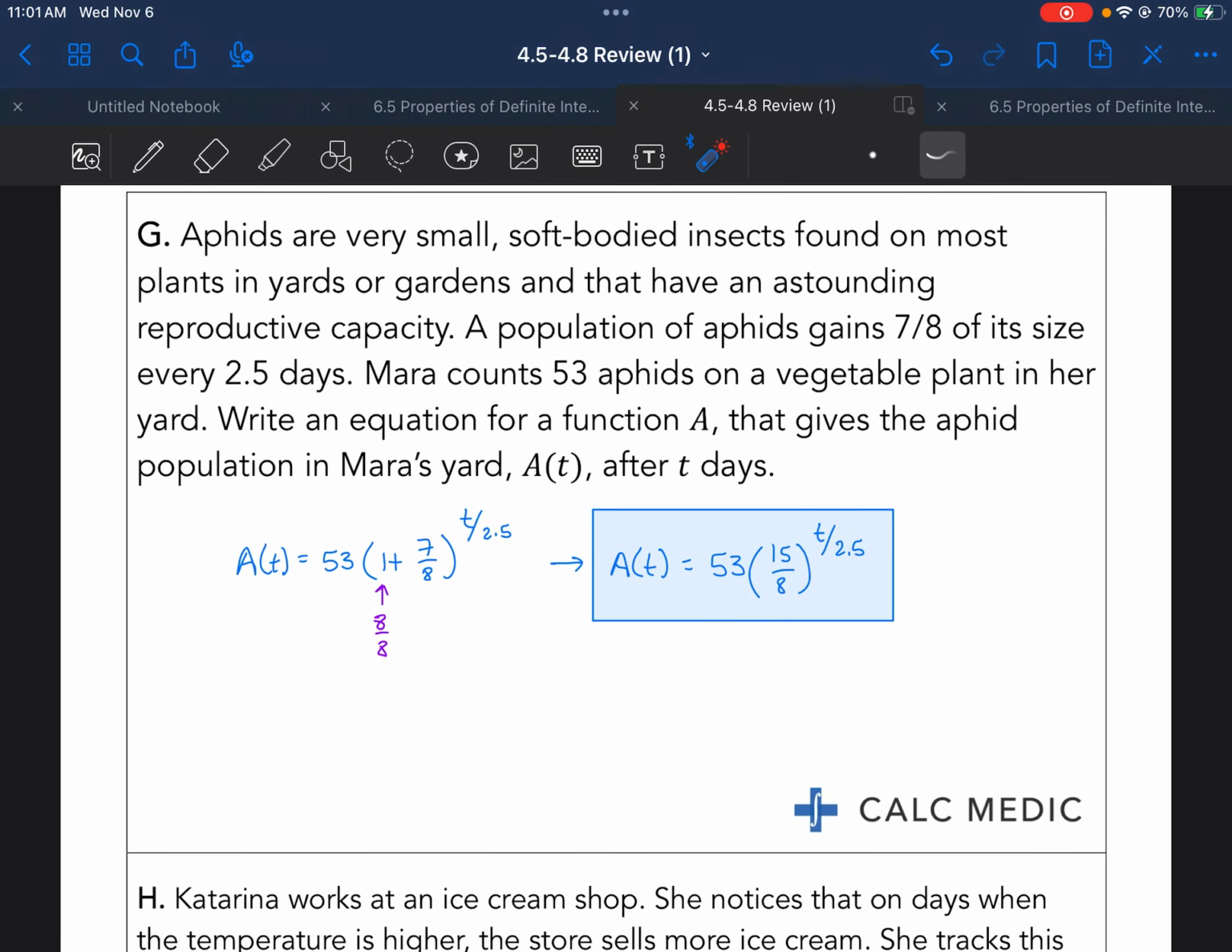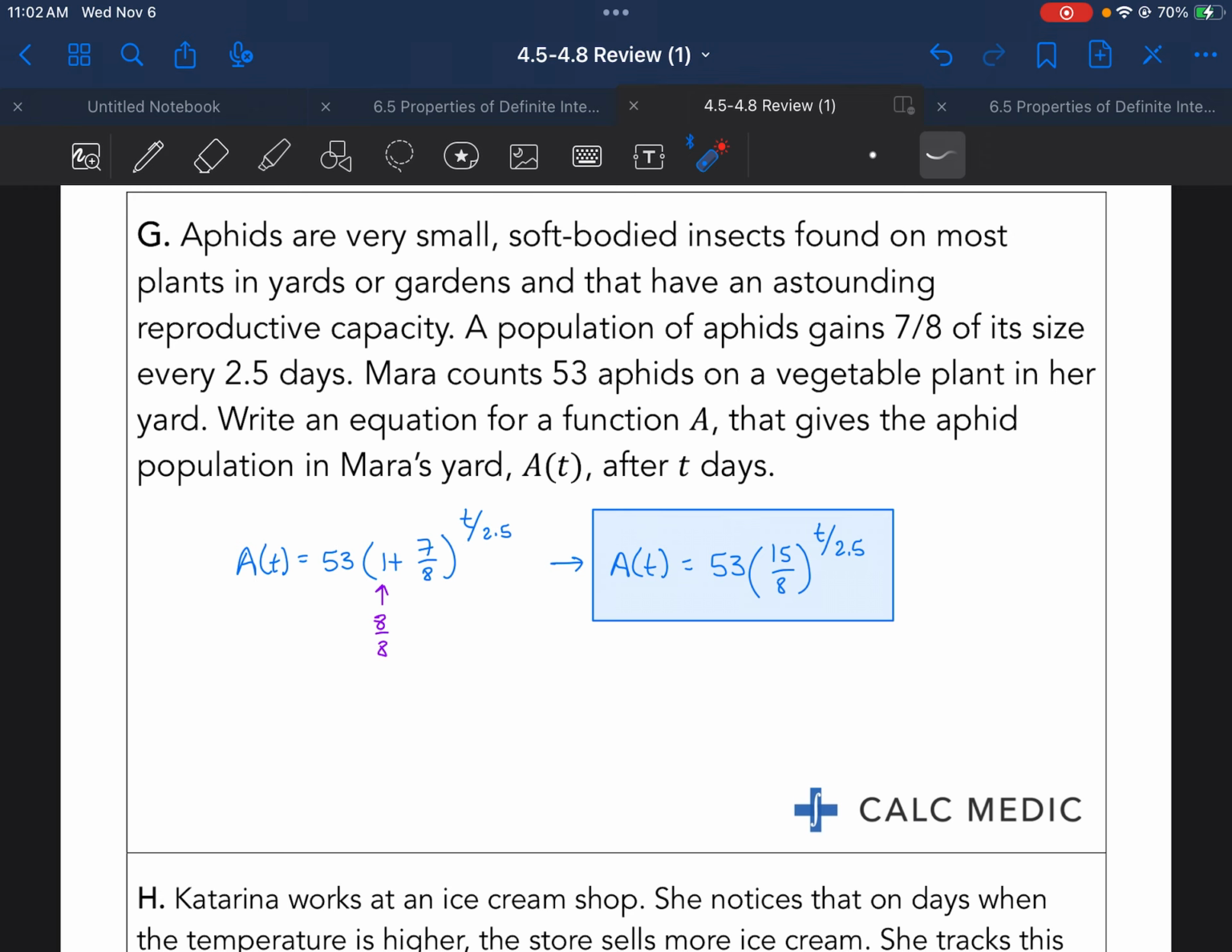part G. Aphids are very small, soft-bodied insects found on most plants in yards or gardens and that have an astounding reproductive capacity. A population of aphids gains 7/8 of its size every 2.5 days. Mara counts 53 aphids on a vegetable plant in her yard. Write an equation for a function a that gives the aphid population in Mara's yard, a of t, after t days. Okay, so initial population of 53,